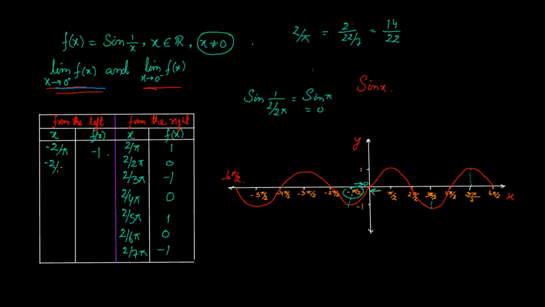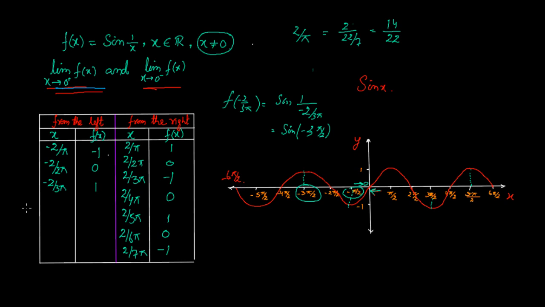Next point is minus 2 by 2 pi. It will be just 0. And the third point is minus 2 by 3 pi. Please note that f of minus 2 by 3 pi is the same as sine of 1 upon minus 2 by 3 pi, and that is the same as sine of minus 3 pi by 2, and sine of minus 3 pi by 2 is 1 here,